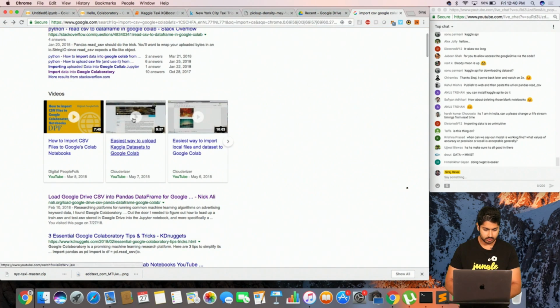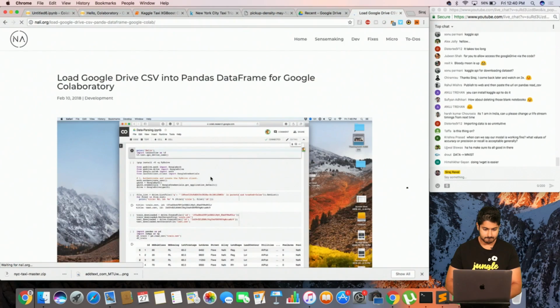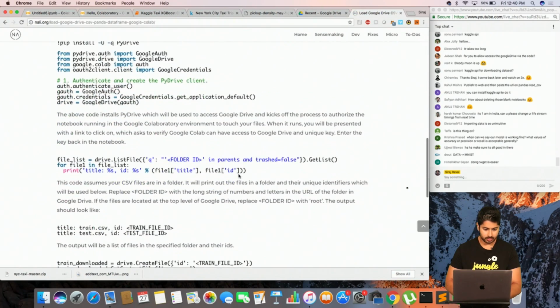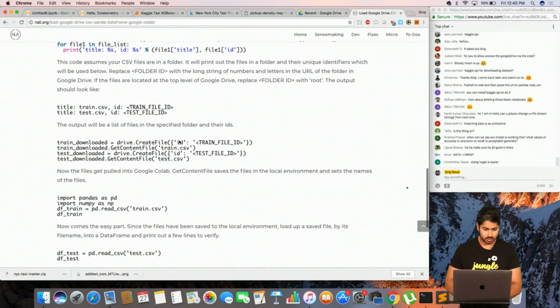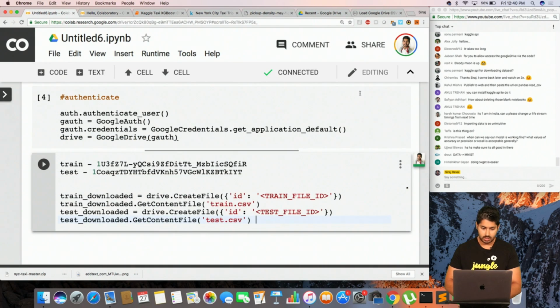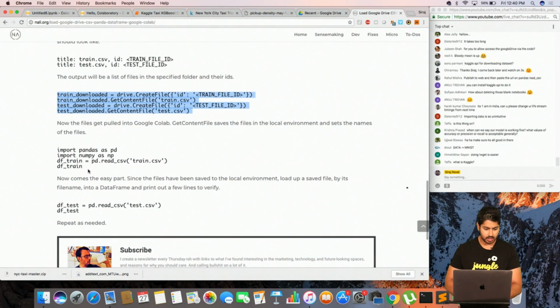Train and test. I did all that. Right. Oh, gotcha. Right. Okay. Thank you, Google Drive person. And then once I do that, I can import pandas and read it.